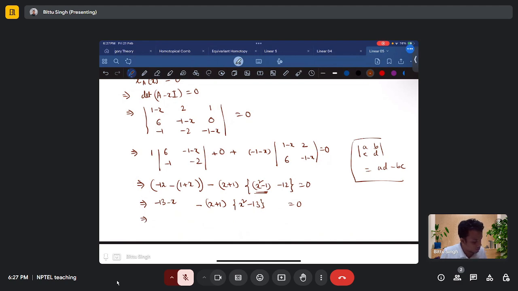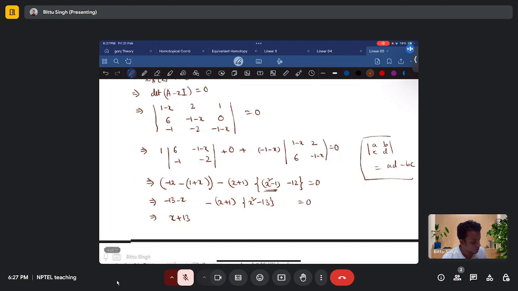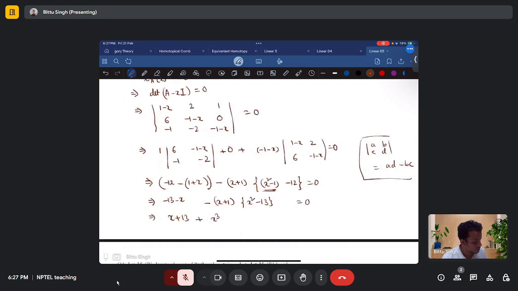We get just x plus 13 multiplied by a negative sign. So it becomes plus of this. So x cube minus 13x plus x cube. Then it is x squared plus x squared, and then minus 13x minus 13 equal to 0. So 13, 13, those are getting cancelled. So we get x times x squared plus x, that is minus 12x,